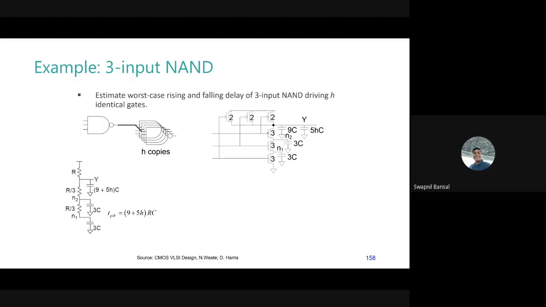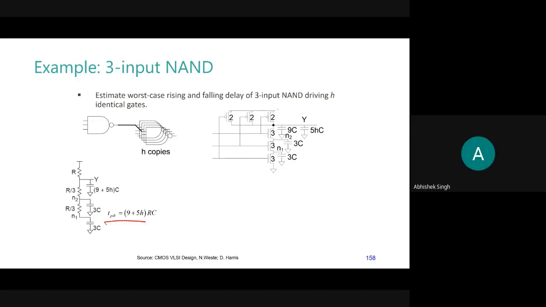Yes, sir. So how do you arrive at the model on the left, the one drawn below? We just said that there is this PMOS, I replace that with R. This NMOS, I replace that with R by 3. PMOS, NMOS, yeah, we just did that. And we are neglecting the last of the NMOSes, because I am saying that the last NMOS is off. Okay, you have assumed that. I have assumed the last NMOS is off because I am trying to find the rising delay.